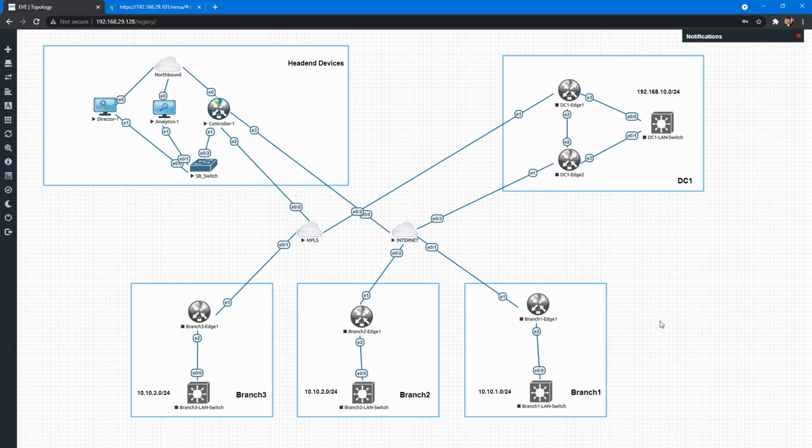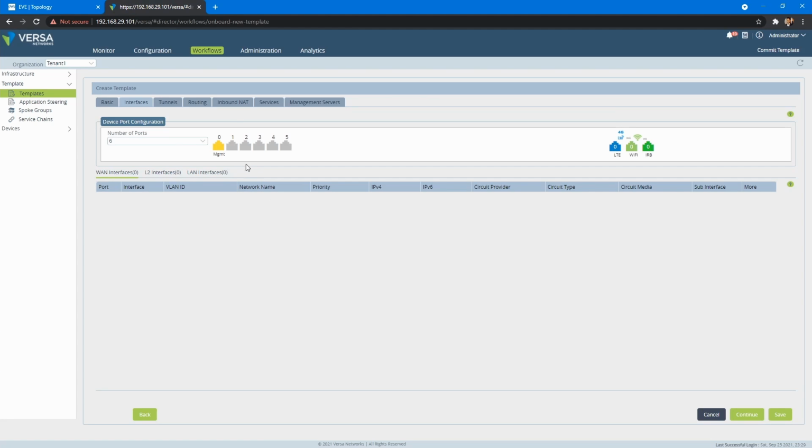Now in this interfaces page, you can define all the WAN and LAN interfaces. So in our lab, we're currently configuring branch 1 and edge 1 will be connected to internet on port number Ethernet 1, which is logically VNI 0/0, and LAN will be on Ethernet 2, which will be logically VNI 0/1. So you just have to click on the port. This is a physical number. So port number 1 will be assigned to WAN, this is basically 0/0. Port number 2 will be assigned to LAN, and that will be your VNI 0/1.